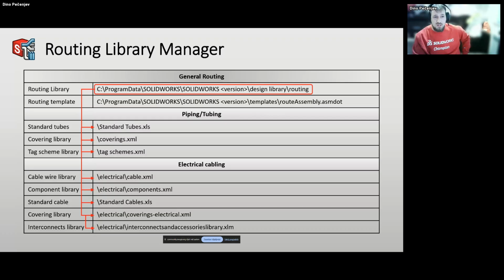And here, as you can see, the second row in the table in general routing is actually the routing template. So besides, like in SolidWorks, we have the sectioning option for setting default templates, for default routing template, we define it in routing library manager.